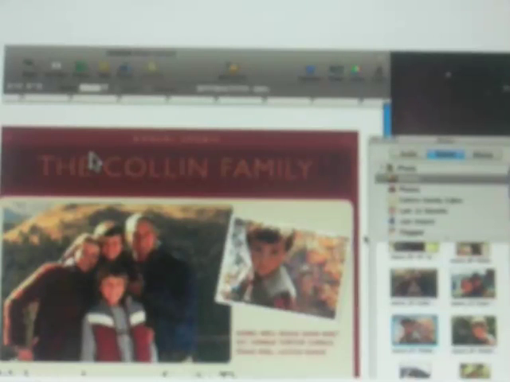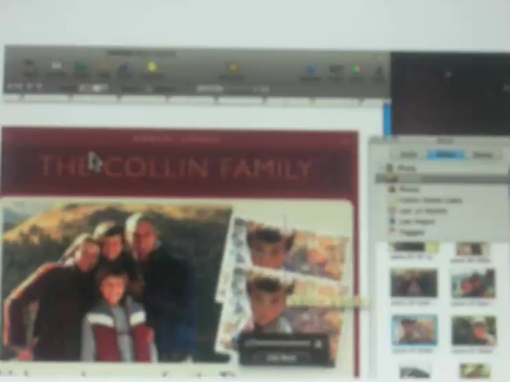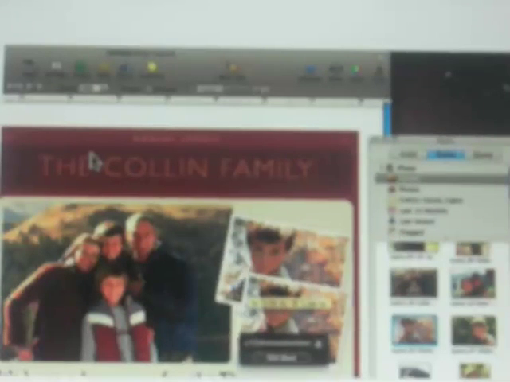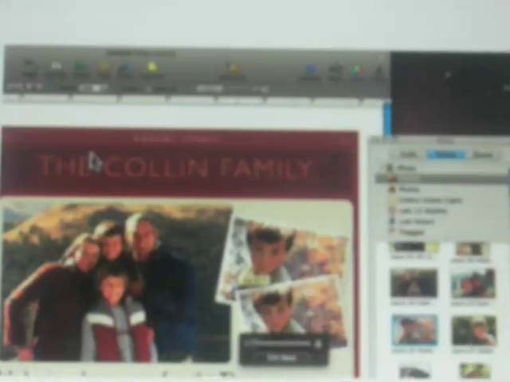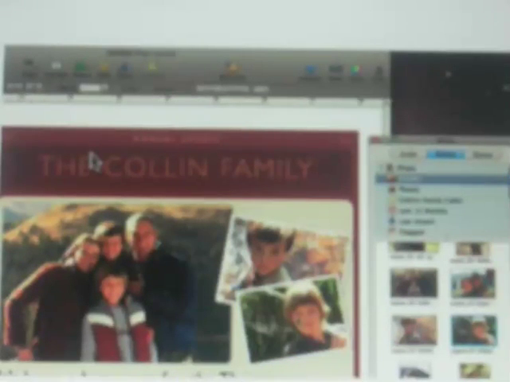To customize the template even further, you can delete text boxes by selecting them and hitting the delete key. And easily copy and paste any of the photos to create a duplicate, which you can then reposition and adjust. Once adjusted, you can drag in a different photo to replace the duplicate.